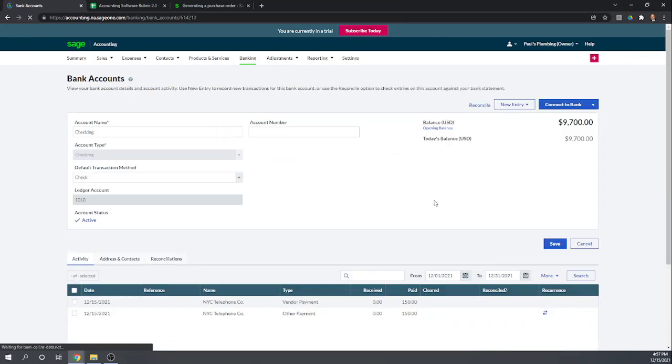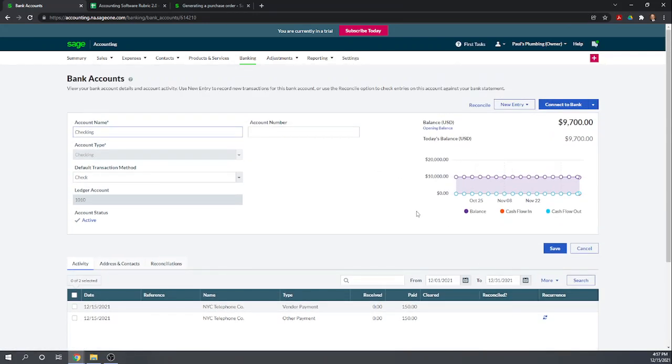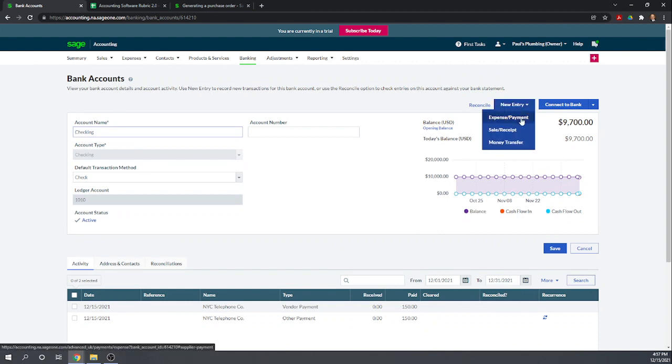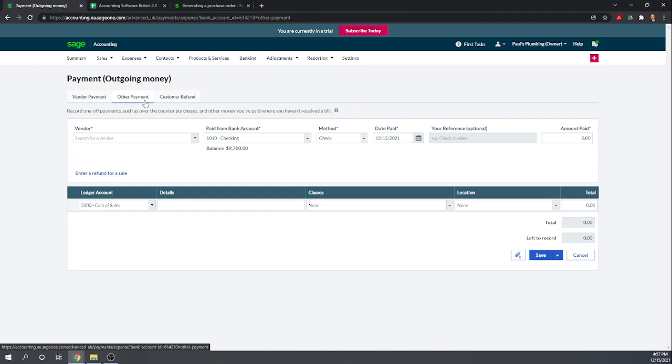Okay, so we want to create a payment. Okay, let's see. What if we make it an other payment? See, if we make it an other payment, we're not going to be able to use our service item, and I don't like that. So let's enter it as a bill first and then as